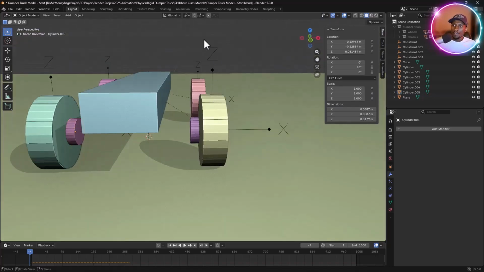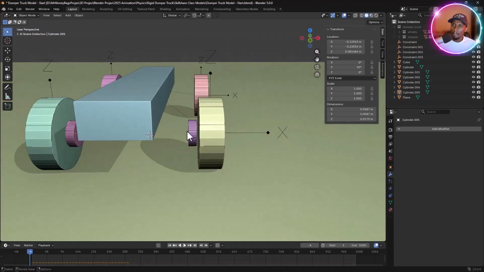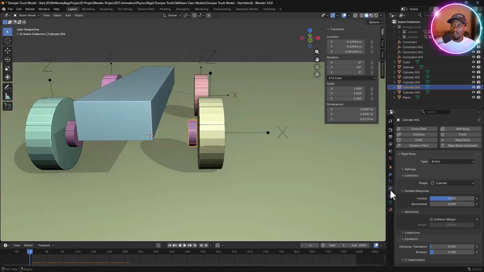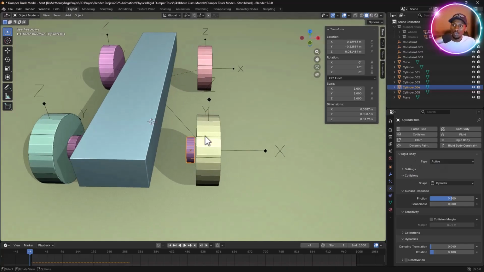All right, so we have our two discs. And this disc actually, because we just duplicated this wheel, has all the rigid body properties the wheel had. So we don't need to change anything because we want it to be an active rigid body. But what we want to do is actually select this